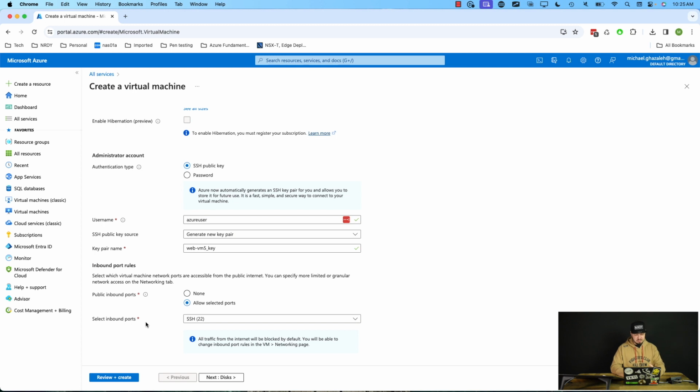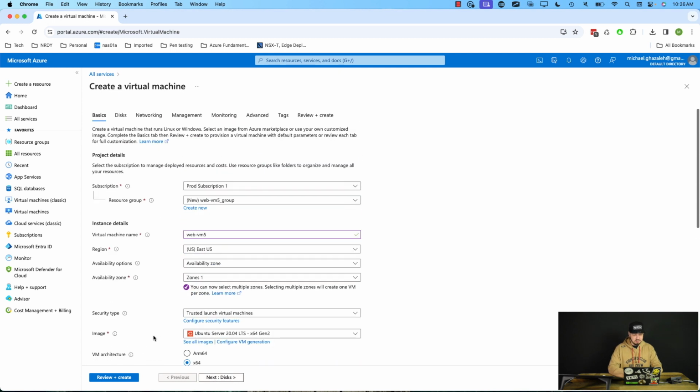One thing I want to tell you, just something to be aware of: it's a very bad habit of mine that I will fill out this and just hit review and create, and I can change things later. But you do see this button right here. It says disks. And if you scroll to the top, all of these links let you jump to different areas of configuration for the VM, but not all of them are required. So just be aware of that. Technically, we could hit review and create and skip a lot of these, but